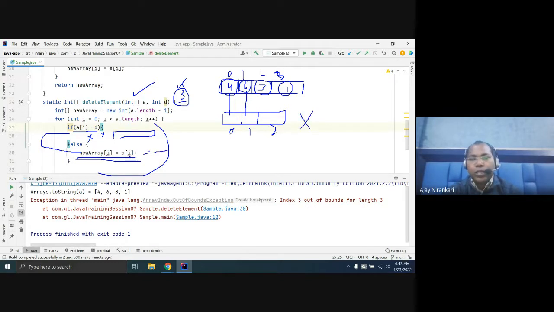So on this line the compiler says, I am out of bound exception, because your new length does not have enough space. That means there are 2 positions empty, not 3 positions empty. So that means your 3 position data, you have to copy as 2 position data. Due to that, this line throws an exception, this new array with I equal to 3. Okay, so 3 is out of bound. So this is the problem.